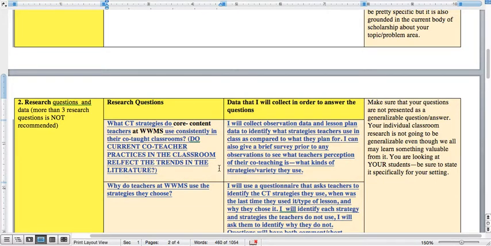So the literature suggests that there's only a couple of models being used by teachers and that teachers just don't have the training or support. So I want to look and see, is that true for my school? Now how will I collect this data? I'm going to collect some observation data first of all, and some lesson plan data to identify what strategies the teachers are actually using. But I'm also,